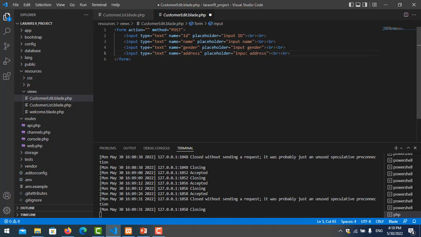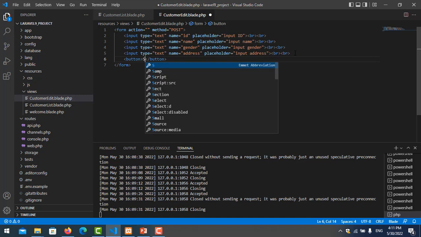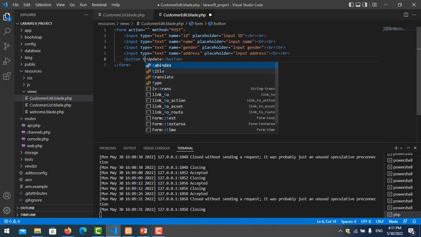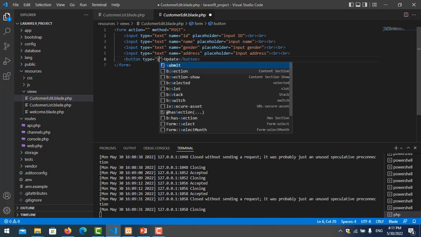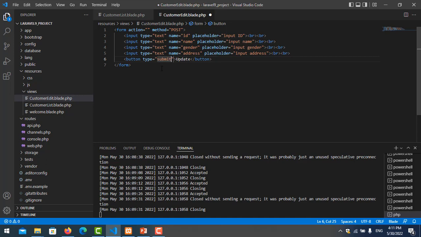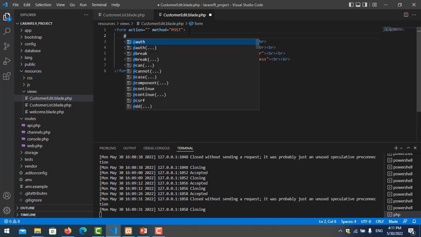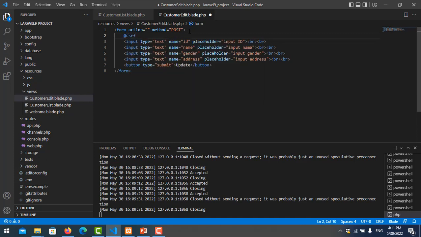Then we use one submit button. Here we put update and the type is submit. Let me add the csrf token. Okay, let me save it,